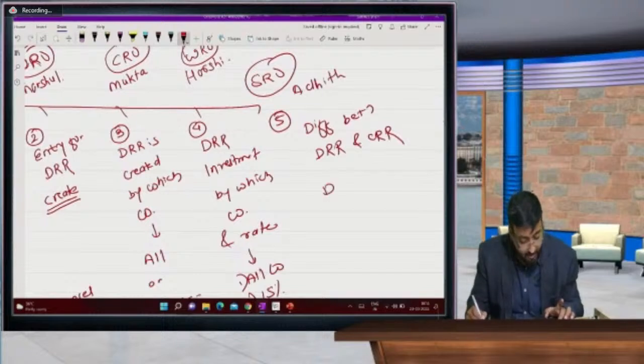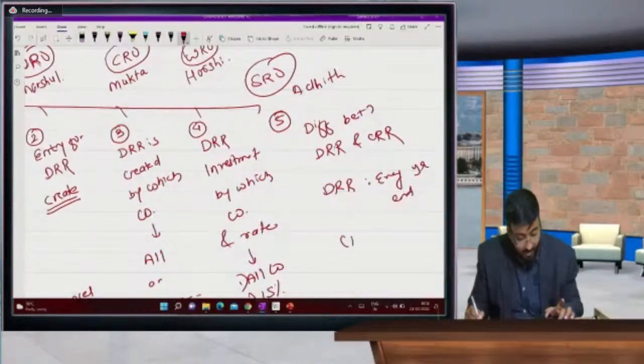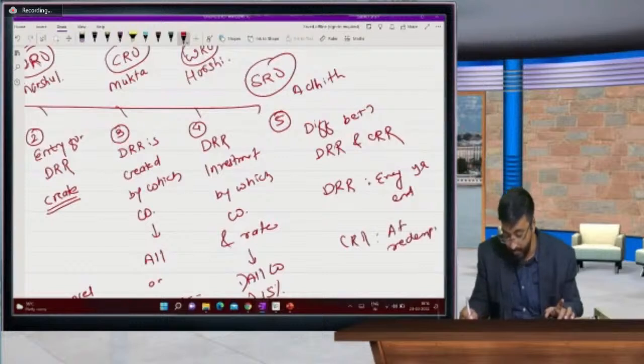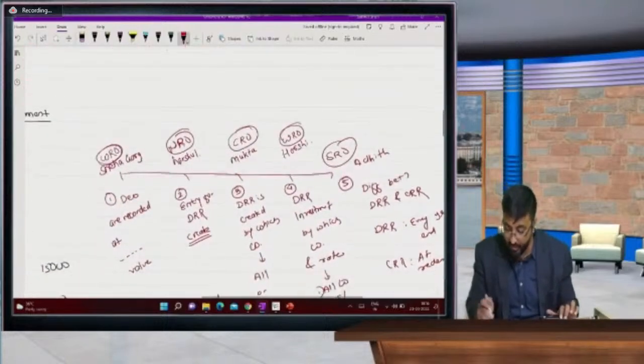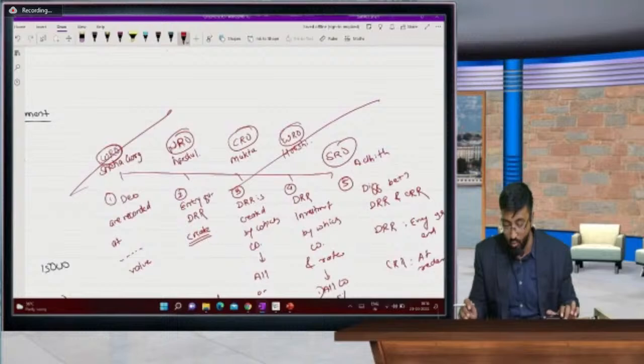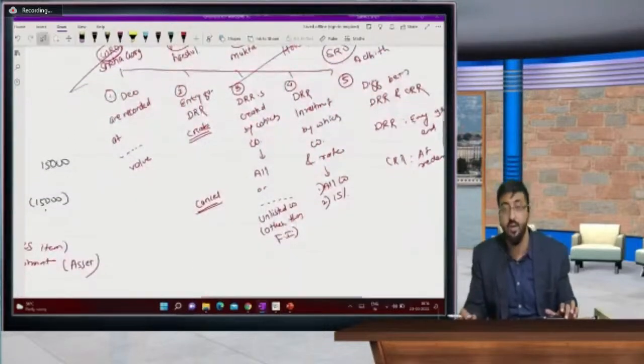Difference is DRR every year end and CRR at redemption. Yes, beta. So who is clear cut winner this time? WRO, स्नेहा एंड हर्षे। इन्होंने आज WRO की शान बचा ली है।